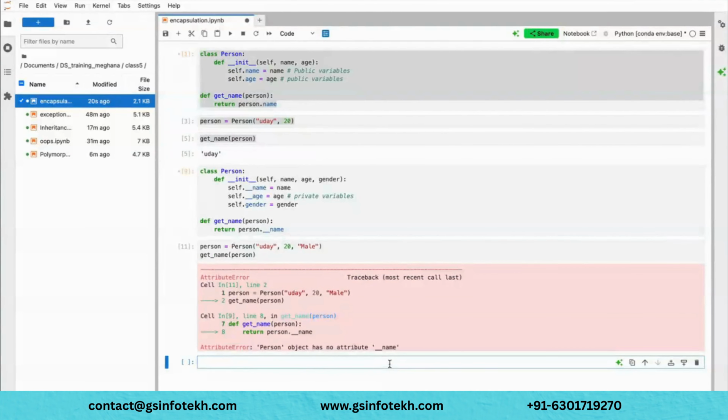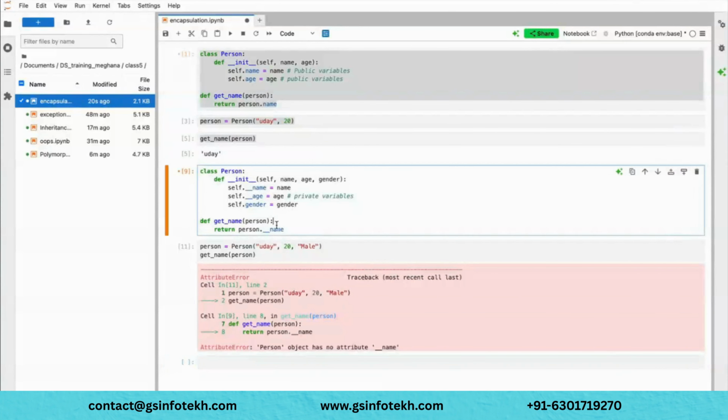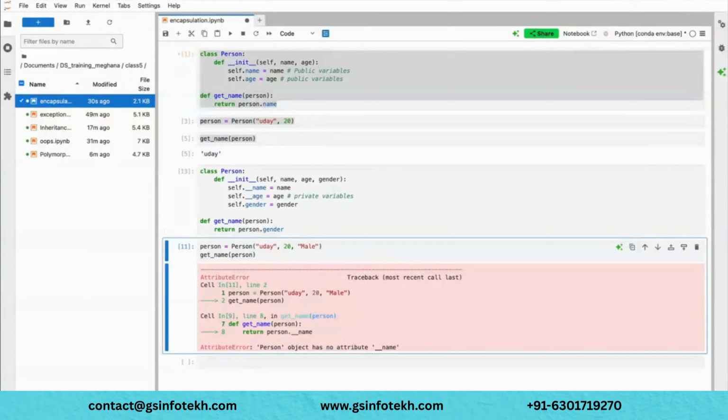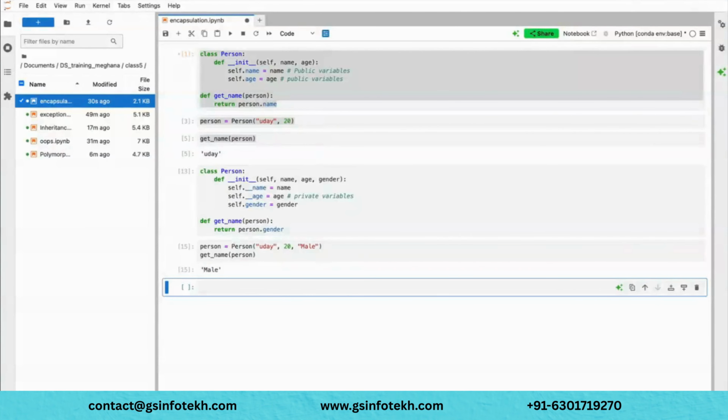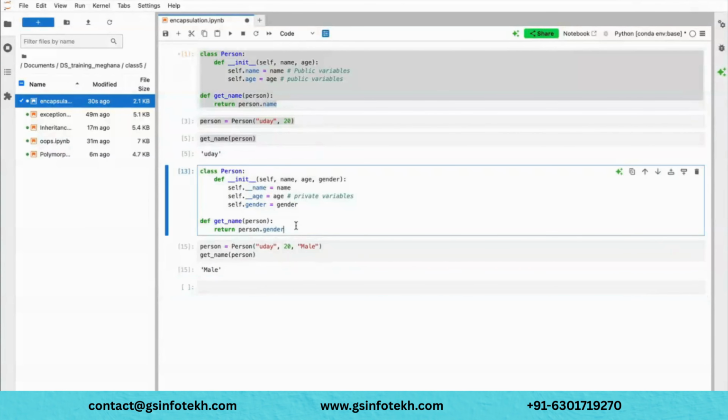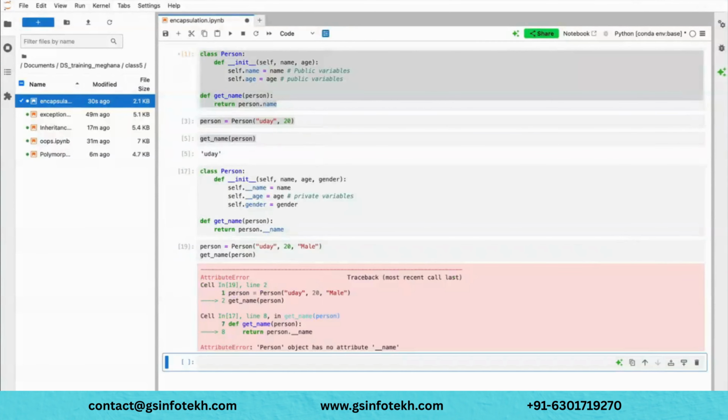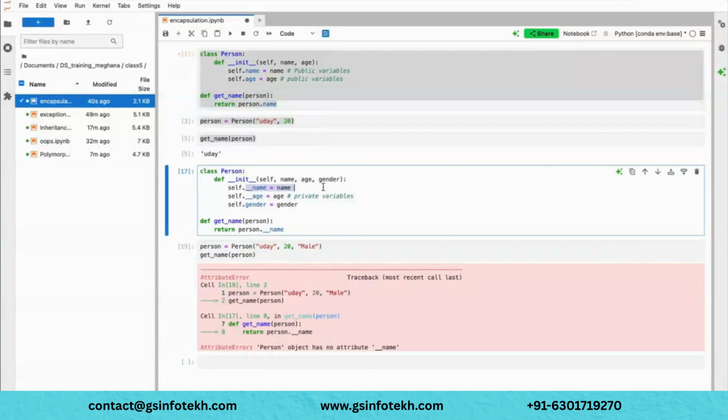Which means that you are not providing any access to them, correct? That's the reason you won't be able to do it. But if I am accessing gender here, see, I'm able to access it. This is a way of restricting access by keeping private variables. We call this private variables.